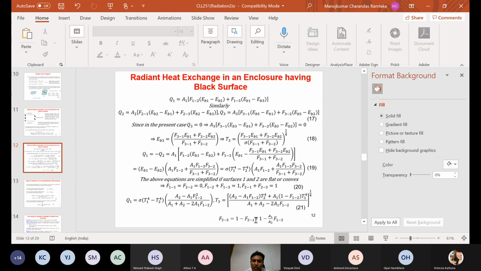We can put F23 in terms of F12. Similarly, we can put F13 in terms of F12, and if you put it in this equation, basically this equation is further simplified as,